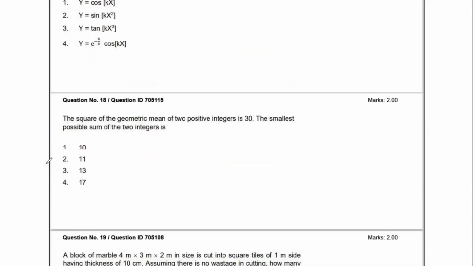18. The square of the geometric mean. Now pay attention to the words out here. They're asking not the geometric mean, but the square of the geometric mean of two positive numbers. So let the numbers or integers be a and b. So the square root of ab is, and square of that